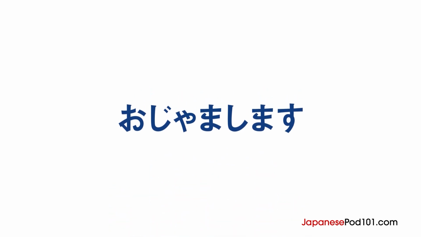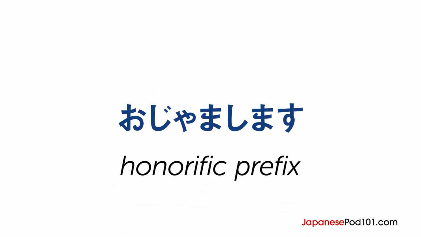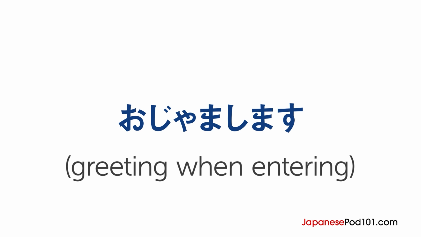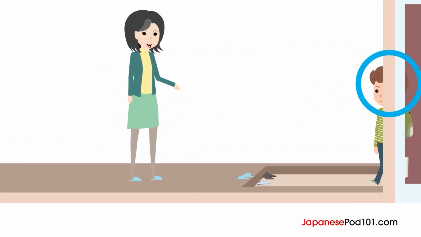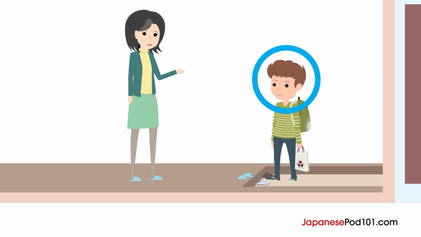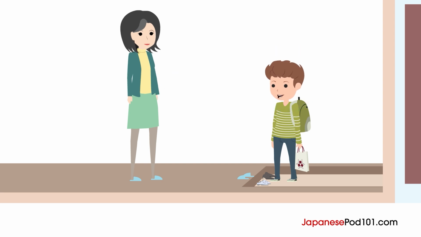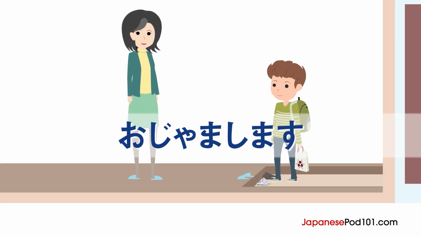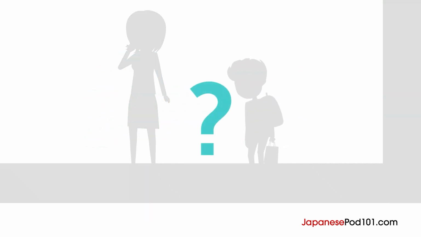And at the beginning, add the honorific prefix お. お邪魔します。Again, it's used as a greeting when entering someone's home. Now you try. Say Ben's line to enter Taichi's home. ありがとうございます。お邪魔します。